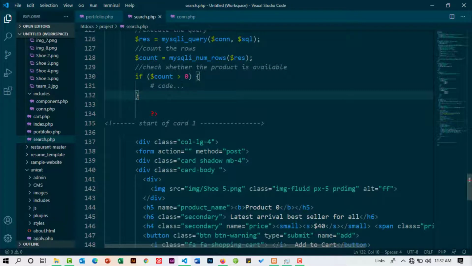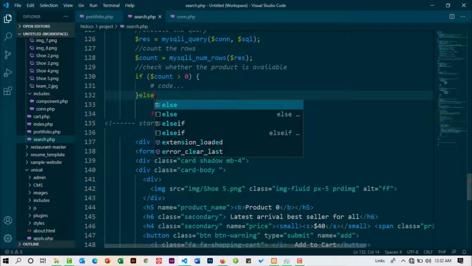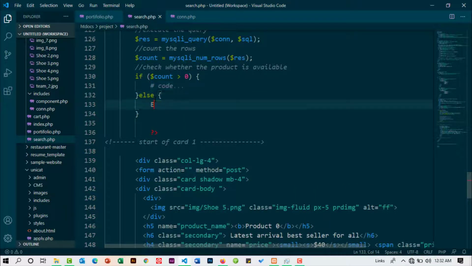Else, if it is less than 0, we are going to have another code. So here I'm going to say else, and here I'm going to say echo, and what we want to echo here is a specific message, and I want to have this message in red color. So I'm going to utilize the Bootstrap class, and for that case I'm going to have the message wrapped in a div. So I'm going to come here and create a div,